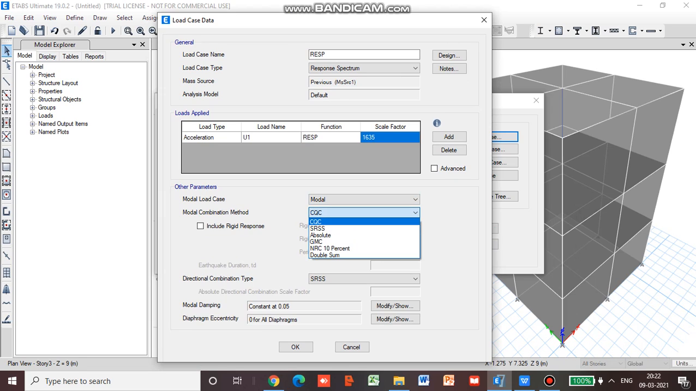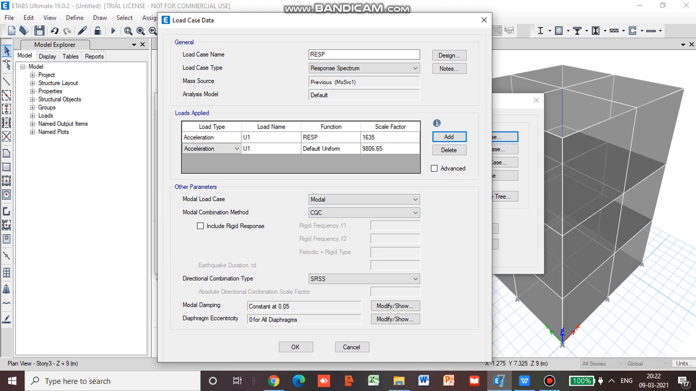Then we will go for model. This we will keep as it is, model combination. Okay, we will add one more. This we will keep as